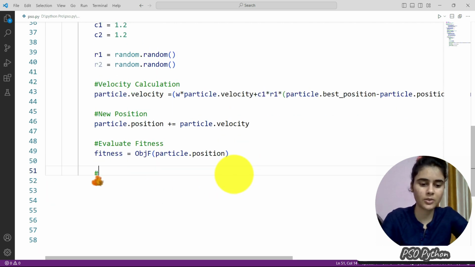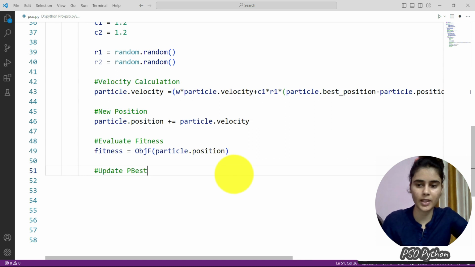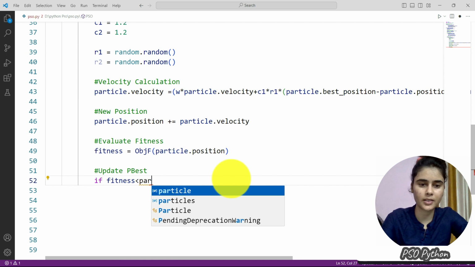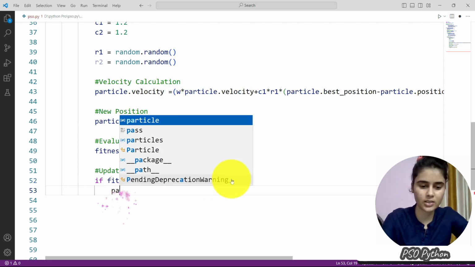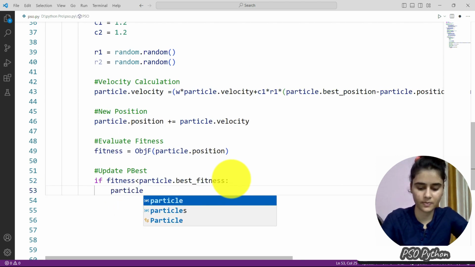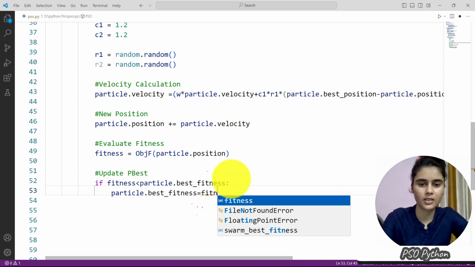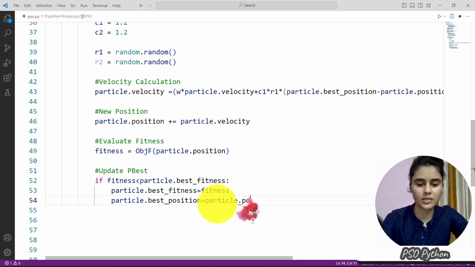Now we will update the personal best fitness value. We check if the agent fitness value is less than particle.best fitness. If the condition is true, then the particle best fitness is this new fitness, and the particle best position is the particle position.